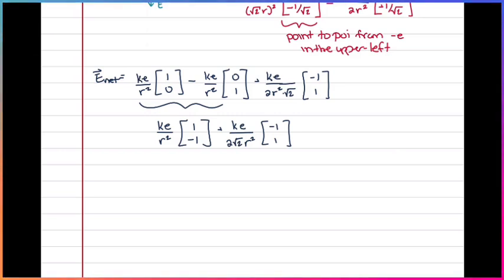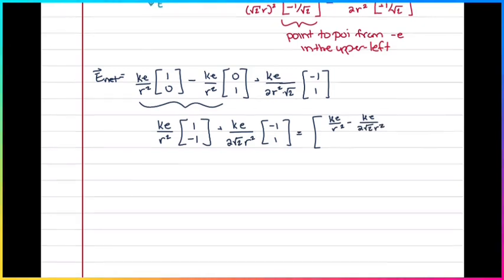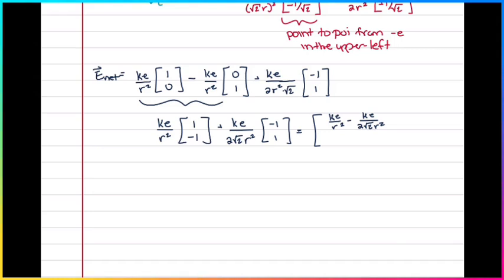Which I could add together, or I could just leave it as is. Or I could write this as a big messy column: kE over r squared minus kE over 2 root 2 r squared in the x direction. And then it looks like it's negative kE over r squared